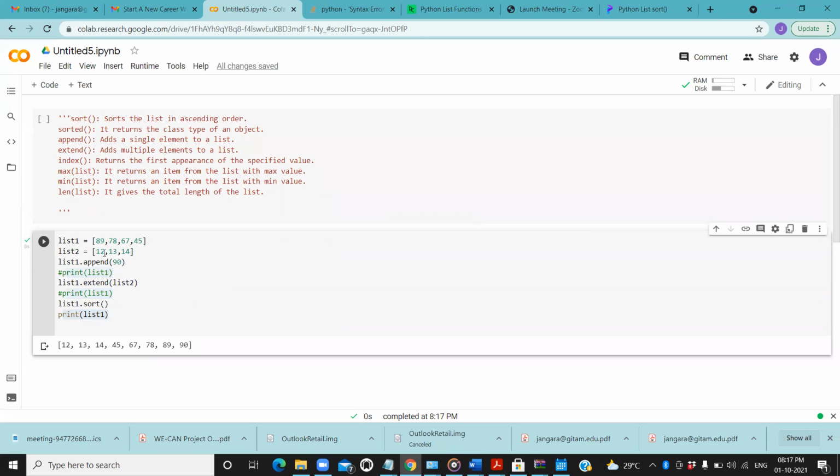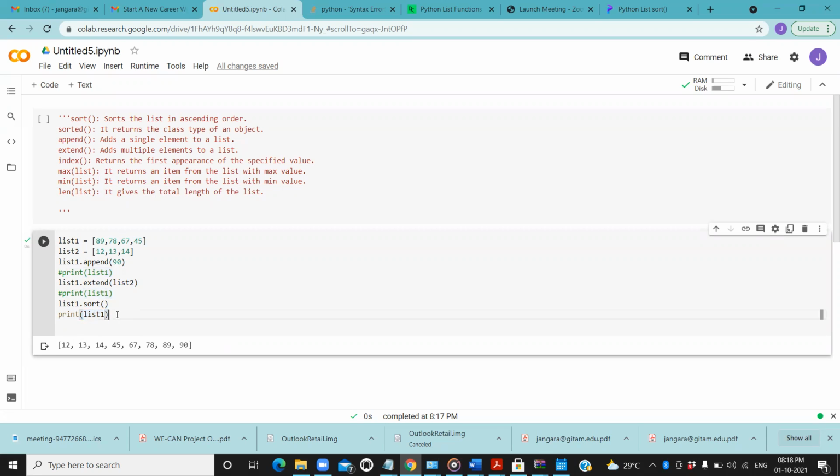So your list1 is a combination of all elements of list1 and list2 and it got sorted. And if you observe the list1 elements, they got changed completely. So when we use the sort function, we need to understand the fact that the original list gets changed.